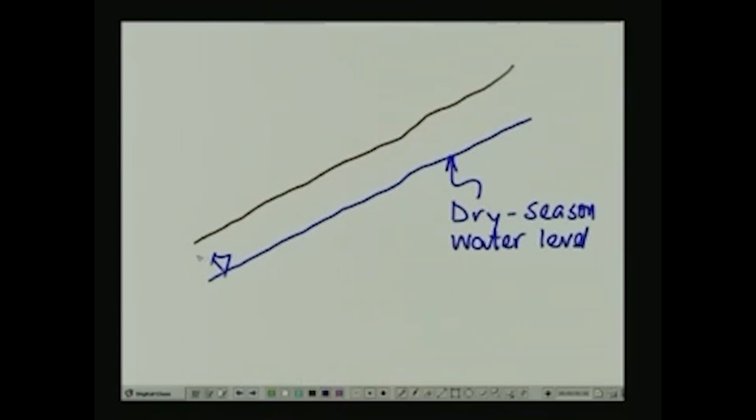Now, if for some reason the water table goes to a shallower depth, and this one is our slope face surface, then what happens, if you recall from the lessons that we had before, is that the effective stress within a soil element at some depth is going to decrease when the water table goes up in this fashion,